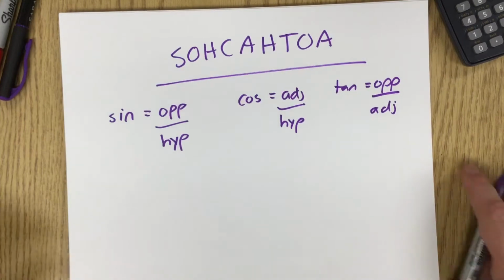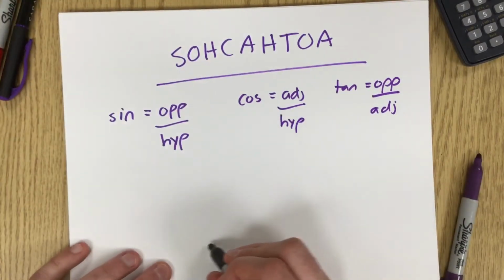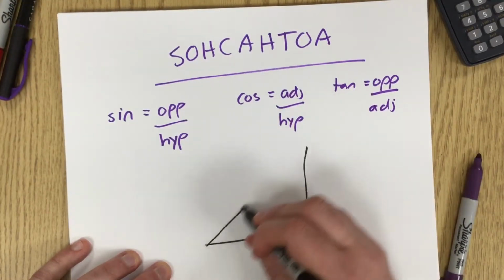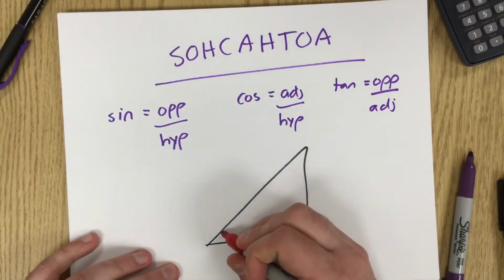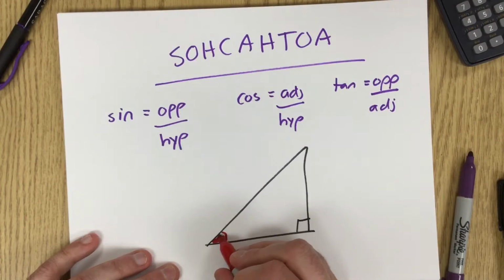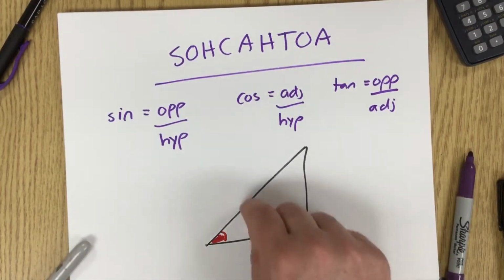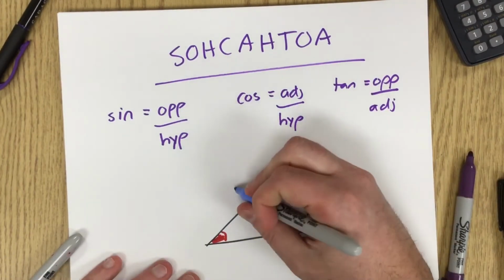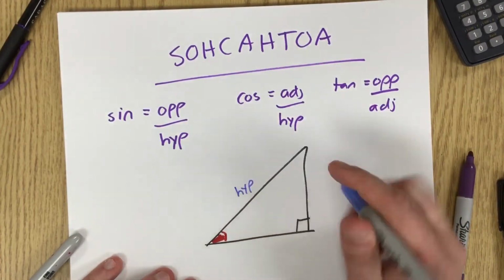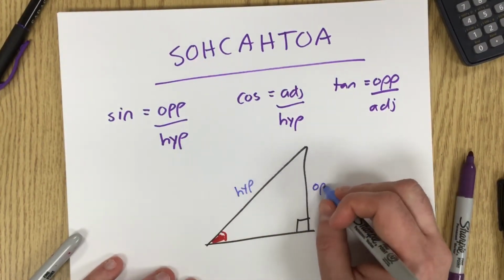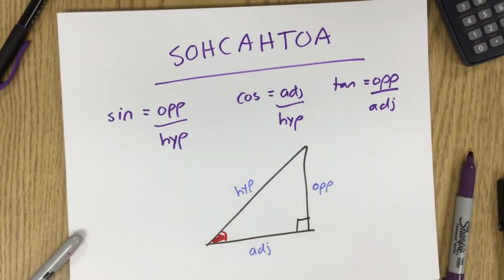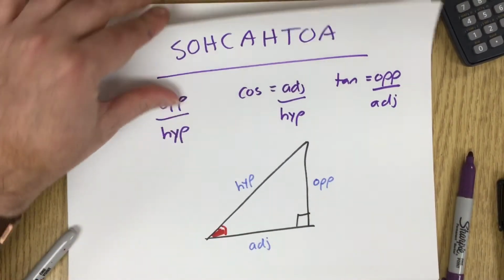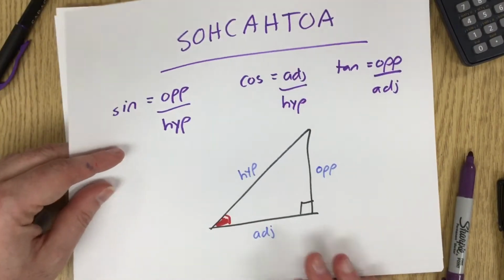Another quick reminder: if we have a right angle triangle, and we said this is the angle that we're interested in, then the side across from the 90-degree angle, that's our hypotenuse. The side across from the angle that we care about is the opposite, and the one left over is the adjacent. So, what that means